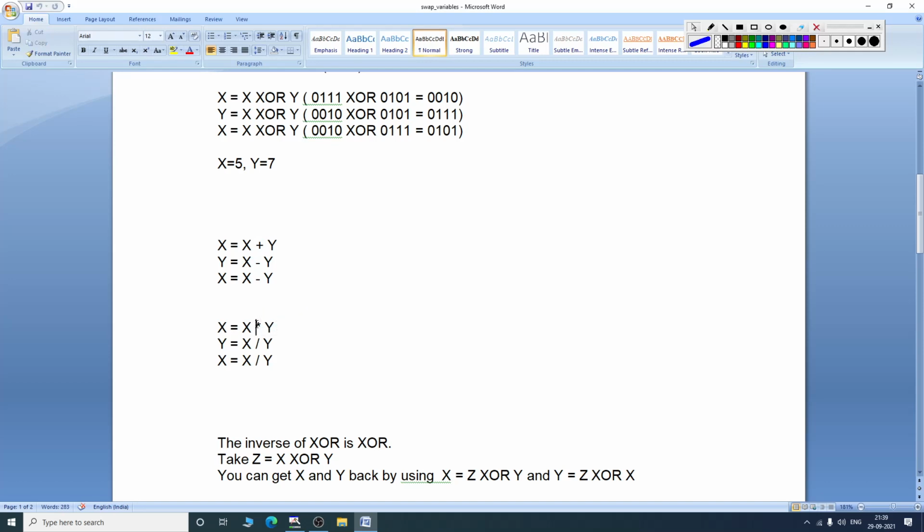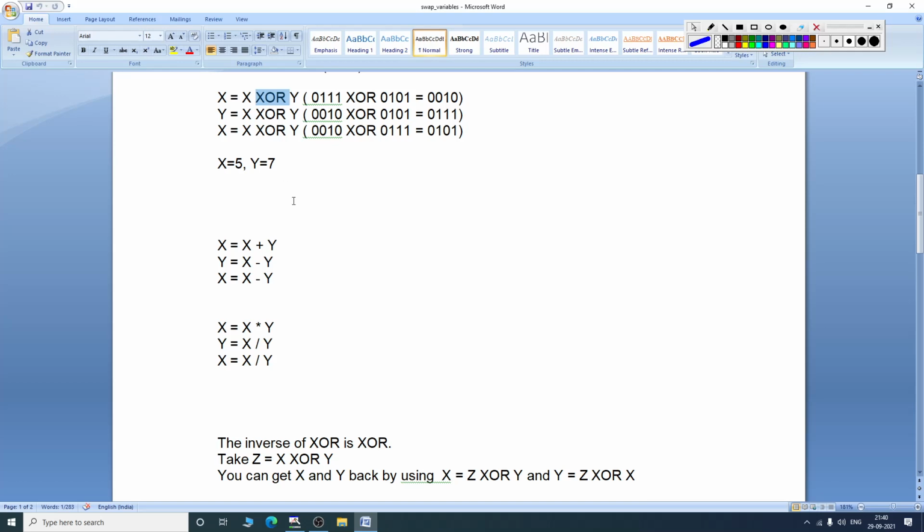The similarity between these is that division is the opposite of star, minus is the opposite of plus. However, XOR is the opposite of XOR. This thing is very important, and you may find it awkward to hear, how XOR is the opposite of XOR, how XOR is the inverse of XOR.